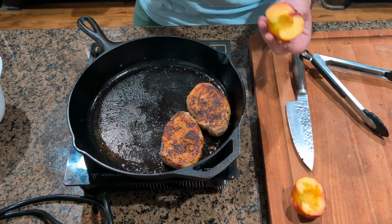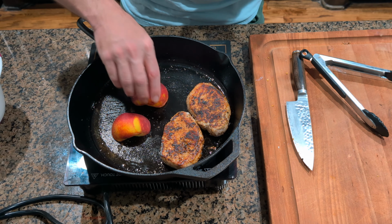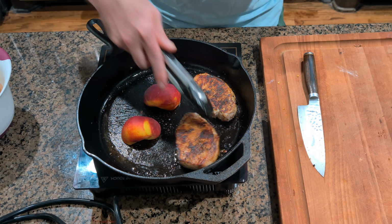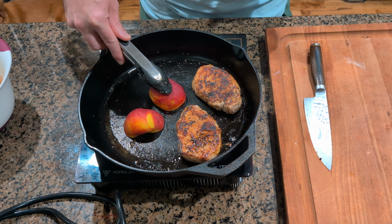We're gonna go ahead and take these peaches and put them half side down in that hot pan, give them a good press into the bottom, and really what we're doing is just giving them a little kiss of color, a little cook on the outside. The peaches only take about 60 seconds or so, so don't let them overcook. The natural sugars in the peach caramelize very well, and as you can see, this is exactly what we're looking for. So let's take everything out of the pan and just let it rest for a few minutes